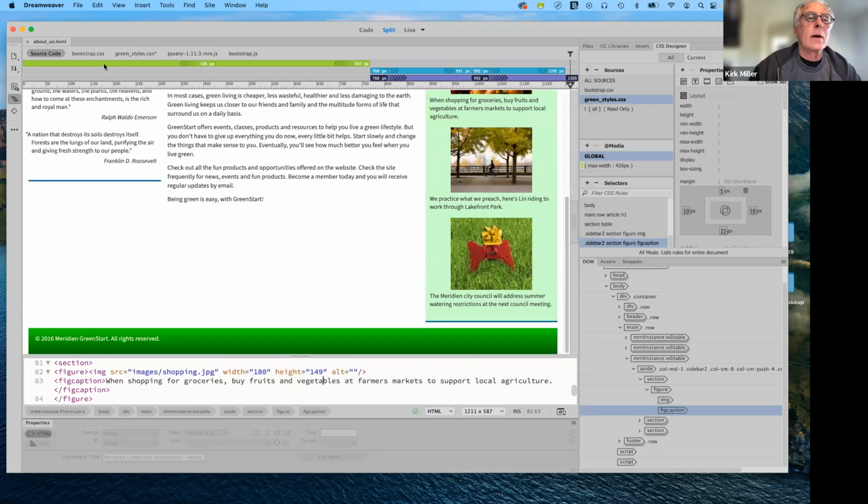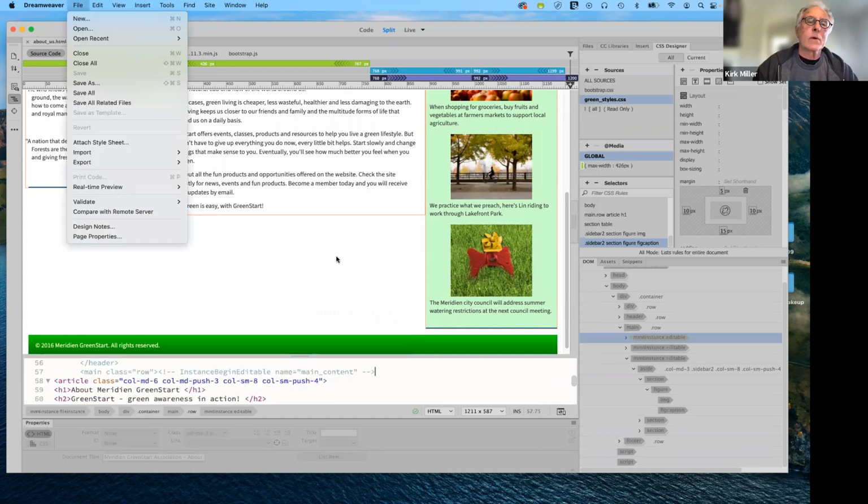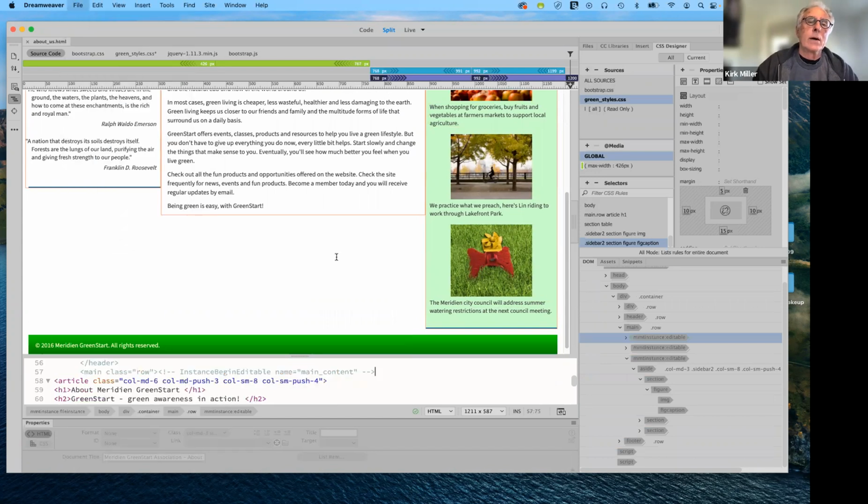And then because I have not saved green styles, notice the little asterisk next to it. That means that it has not been saved. So just go up here and say File, Save All, and that takes care of that for us. If you don't save the styles and you close everything out and you open it back up later, it will just revert to the previous version that we had. So we're ready to create our next one. The next one is going to be for green news, and we have